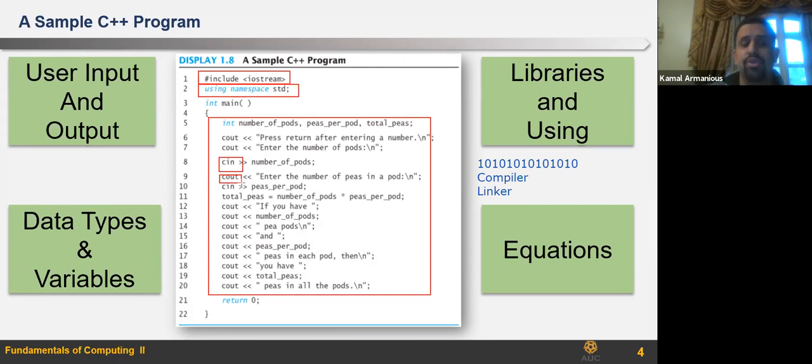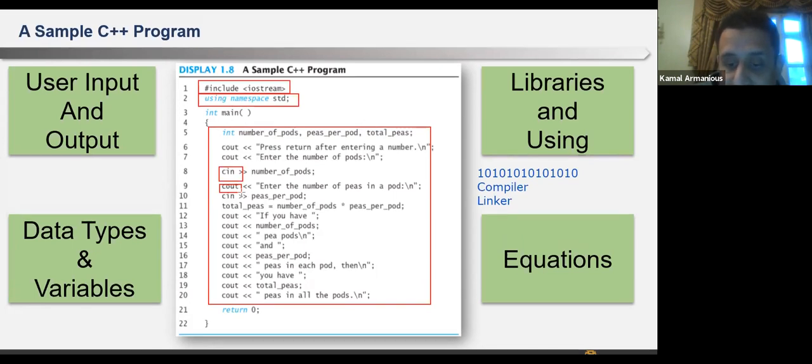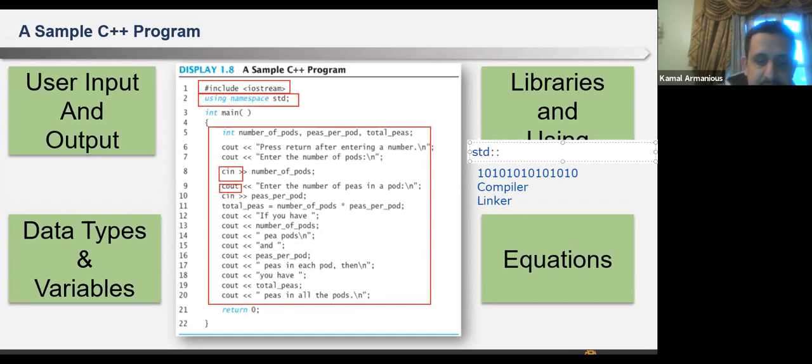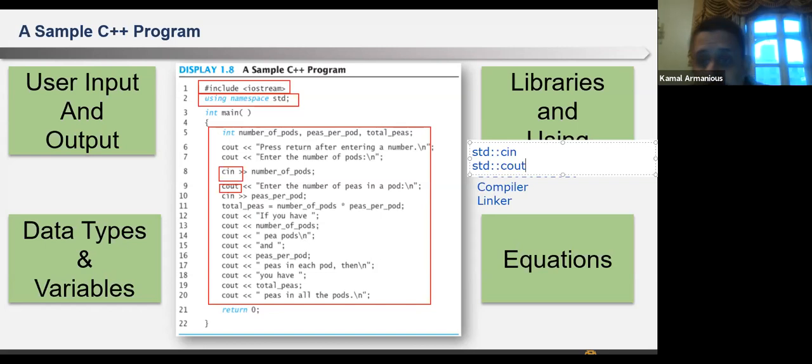And if you don't write using namespace std, what happens? It happens like my friend Ali was saying: you have to write std cin and then the statement, std cout and then the statement. I think there's also std endline.